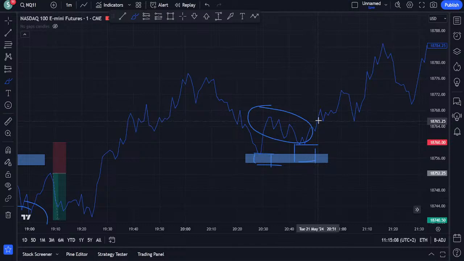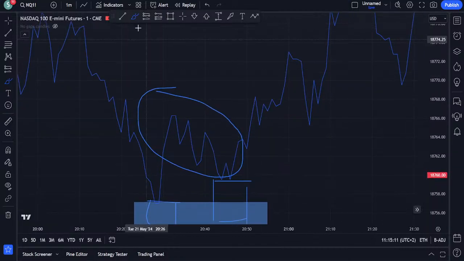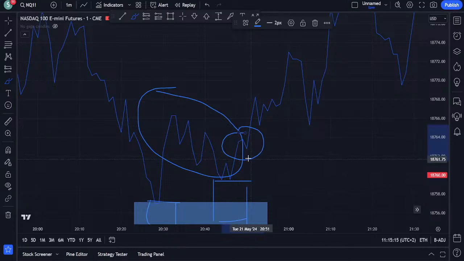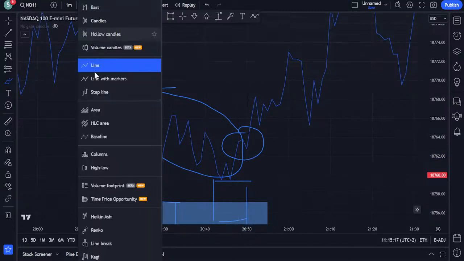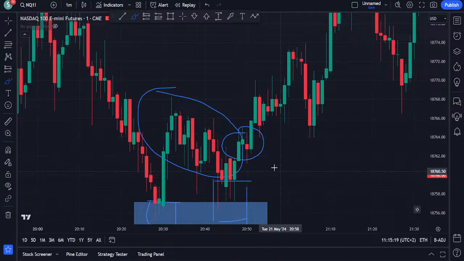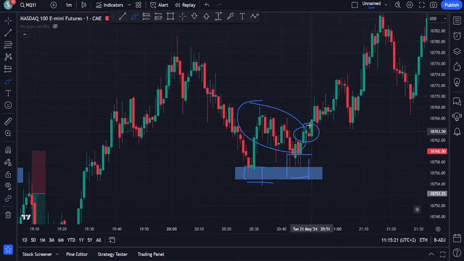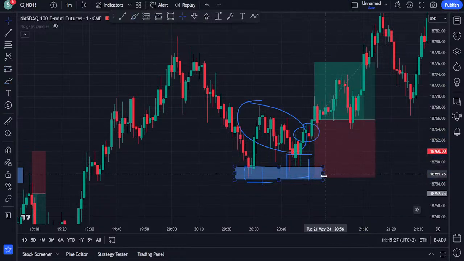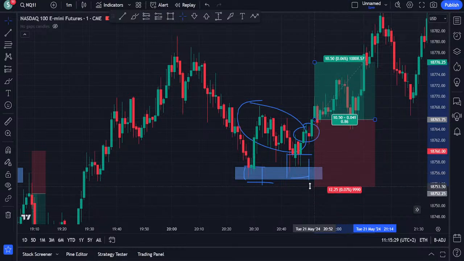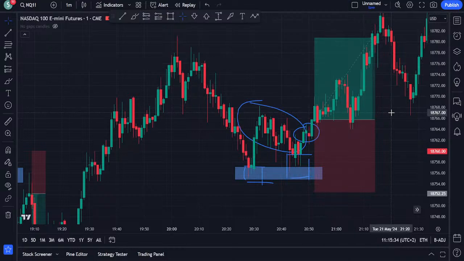Oh man. Make it bigger. We're looking for longs here. Okay. Let's go. Alright. The second box. Here's an engulfing candle. Obviously need to stop it. Close here. And target this thing.